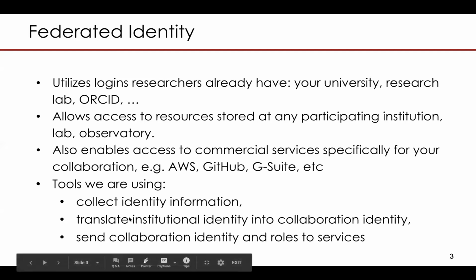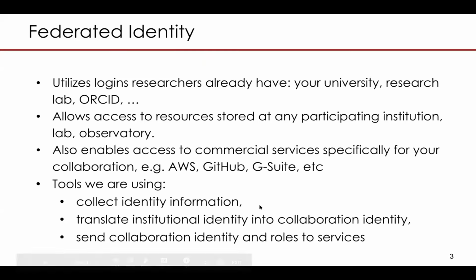To summarize then, we're using tools that collect your identity information from your university or research institute and add to that extra identity information that's related to who you are within a collaboration that we're hosting, and how you fit into that collaboration, what roles and responsibilities you have.